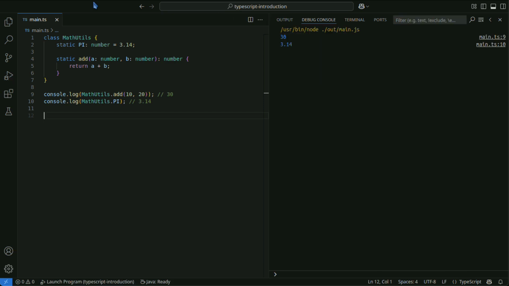You define static methods using the static keyword. In this example, the MathUtils class defines a static method, add, and a static property, pi. Static members do not belong to class instances, but can be called directly from the class itself.